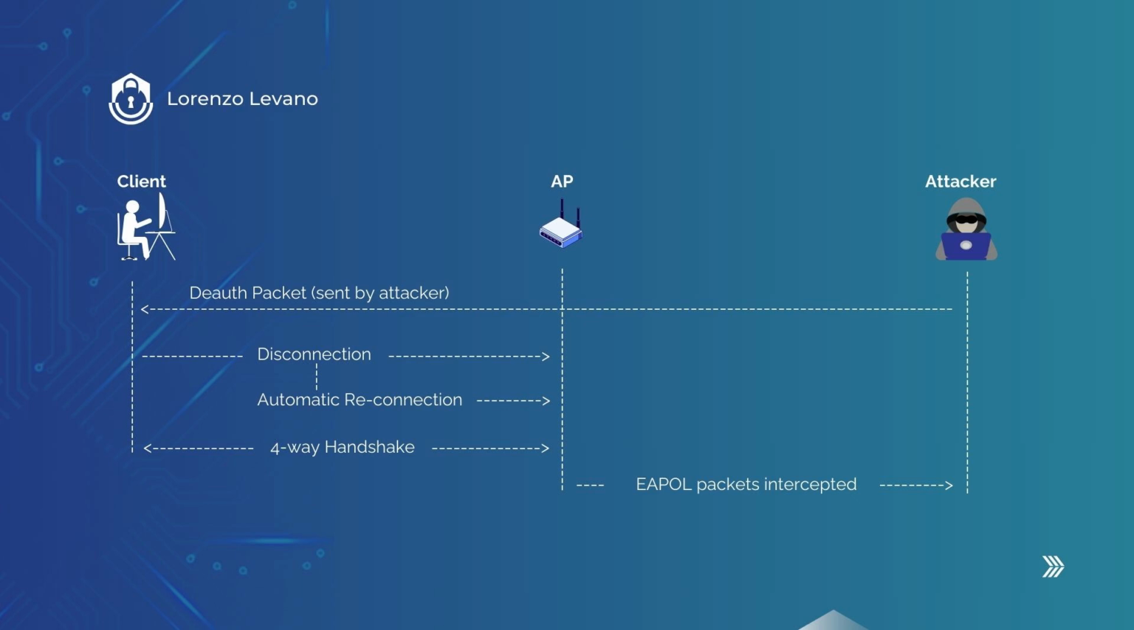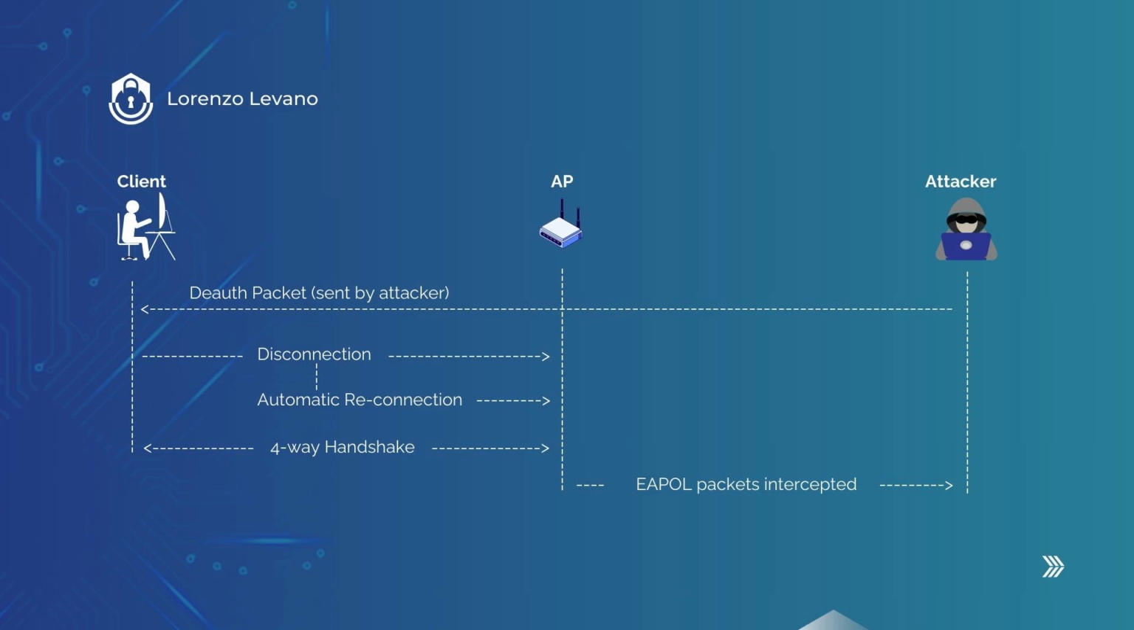If we capture this handshake, we can try to crack the Wi-Fi password using a dictionary attack. So in this diagram you can see a typical Wi-Fi handshake attack. We have three main actors: the client, which is a legitimate user connected to the network, the access point, which is the Wi-Fi router, and the attacker, who is running a Linux virtual machine with a Wi-Fi adapter in